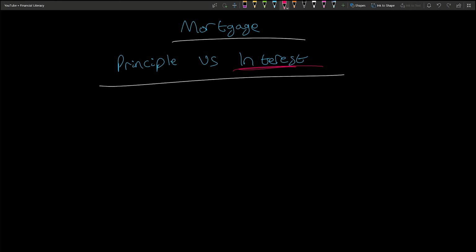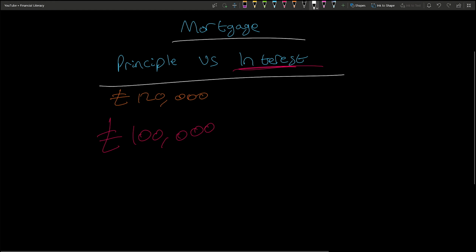You can consider it a fee for the bank, or it could potentially be a non-bank organization, but usually some sort of bank organization, for lending you that money. So if you have a principal of £100,000, so let's say you borrow 100,000, and let's say the property itself costs 120,000. So that means you put a deposit